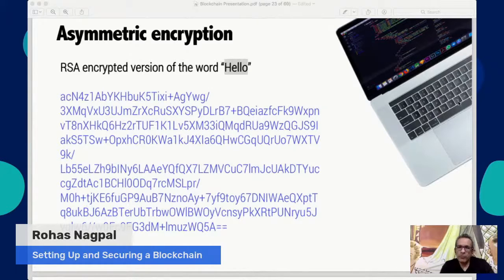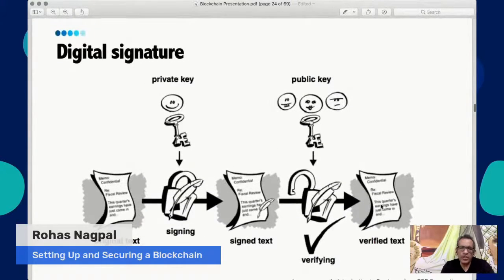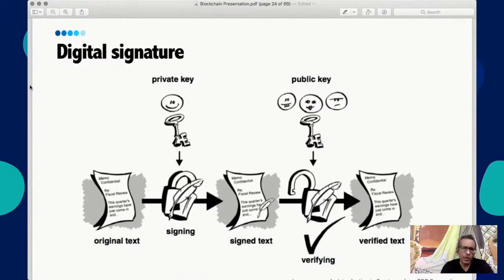Okay. Now let's move on. And then we have the final concept, which is called the digital signature. Now this is very, very popular today. In fact, if you file your income tax returns online, or you are a director of a company and you are signing the balance sheet and all that, you are using digital signatures, although you many times may not even realize it. Many people just give that dongle of their signature away to the chartered accountant or CS. Well, in that case, he is putting the signature for you. But the concept is very simple.